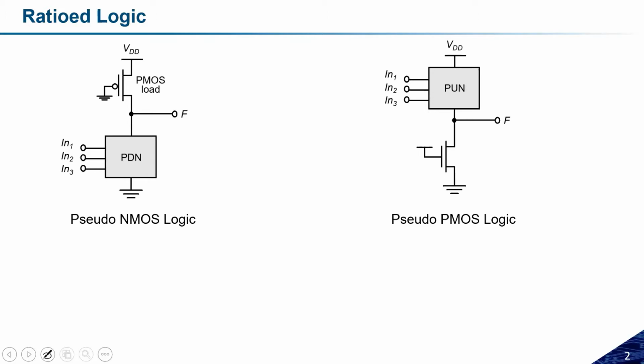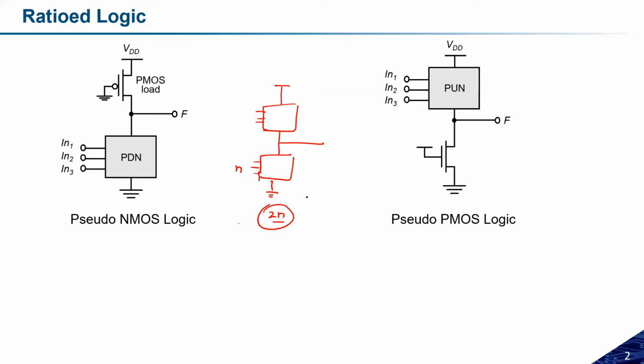Okay, so as we can recall, in the CMOS based structure, we need one pull-up network and one pull-down network, and we need an equal number of transistors in the pull-up and pull-down networks. Based on the number of inputs, the pull-up and pull-down networks will be arranged, but the total number of transistors is 2n. If I have n inputs, a minimum of 2n transistors is needed.